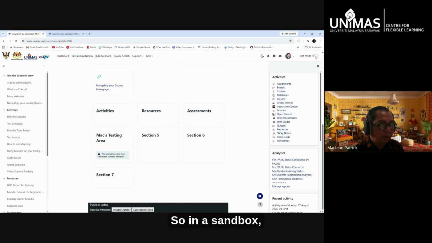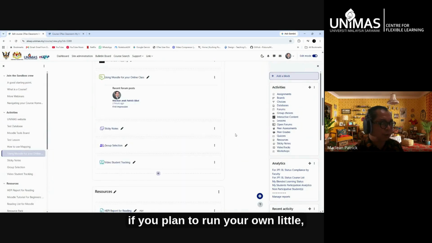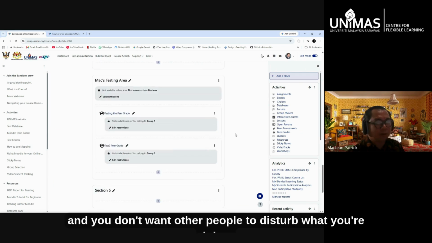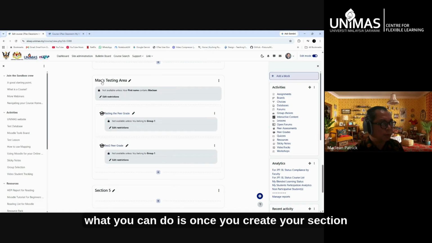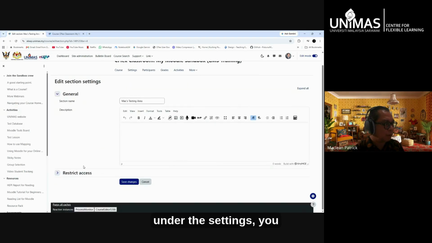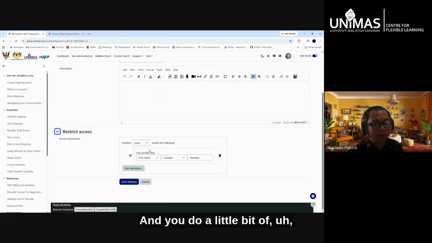So in a sandbox, if you plan to run your own little experiments and activities, and you don't want other people to disturb what you're doing, what you can do is, once you create your section, under the settings,